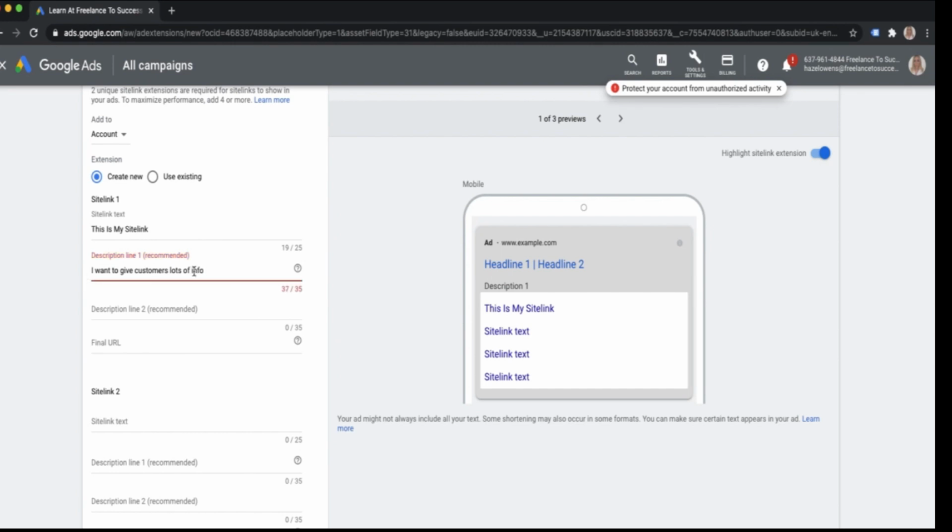Now it's gone red. So the reason for that is because your character limit is 35. So you have to make sure you stay within those, and it can be really frustrating sometimes, obviously, if you've got a perfect sentence that you want to promote as part of this ad extension and it's just 1 or 2 characters over. It's a little bit frustrating, but you'll get used to it and you'll come to add in what works for you as a business. So I'll just change that and put I want to give customers info instead of lots of info. Find out more